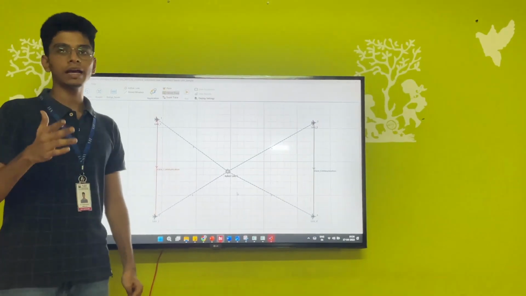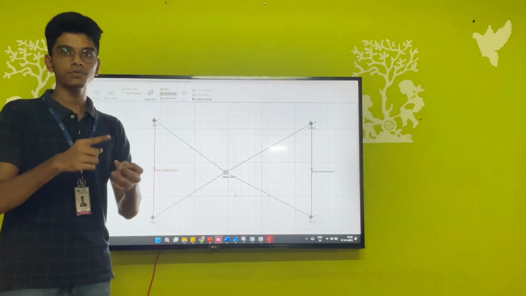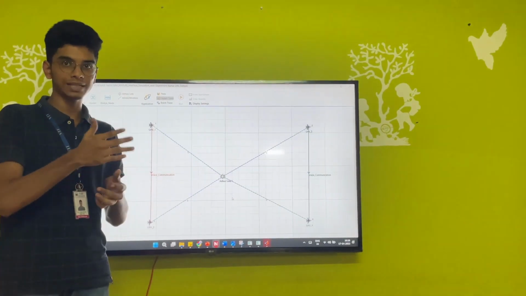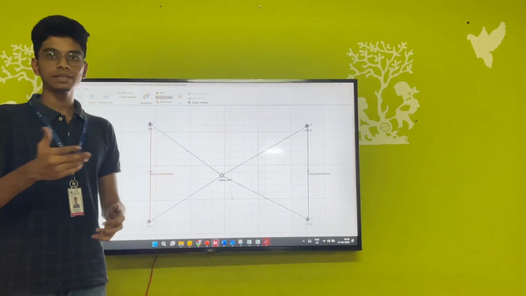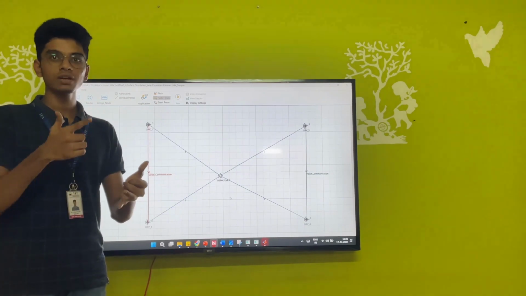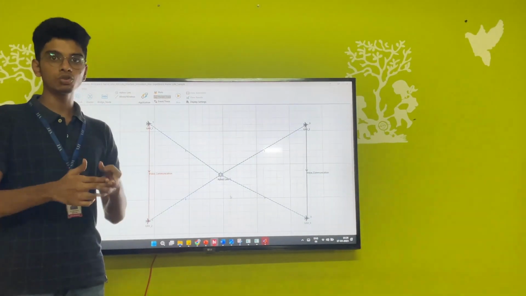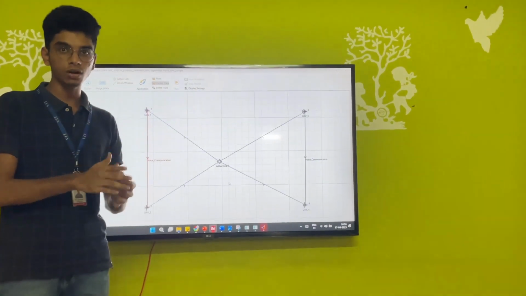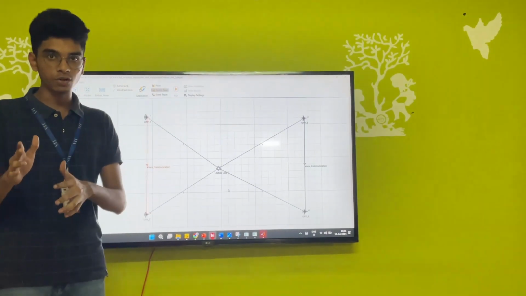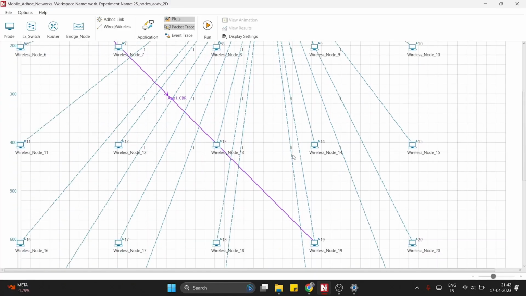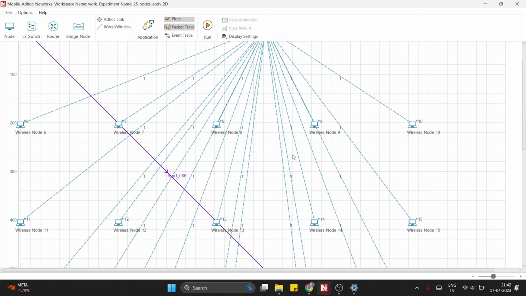My teammate and I simulated for 5, 10, 15, 25 and 50 nodes using the routing protocol, mobility model and channel characteristics mentioned before. We then assessed the results using metrics such as packet delivery ratio, average delay, throughput and energy efficiency. Based on the analysis, we linked the routing protocol that met the specific application requirements of 25 nodes with constant bitrate traffic from node 1 to node 19, with AODV protocol and random waypoint mobility model.